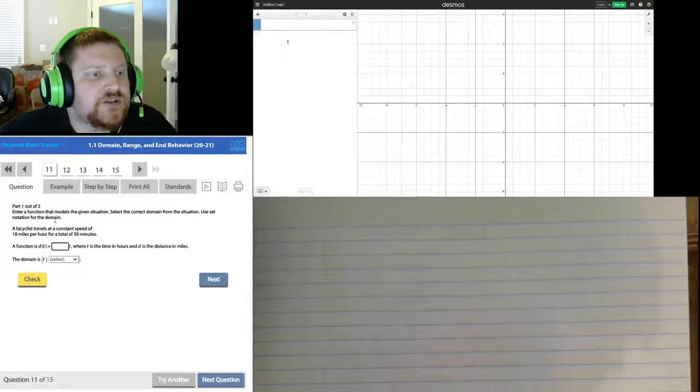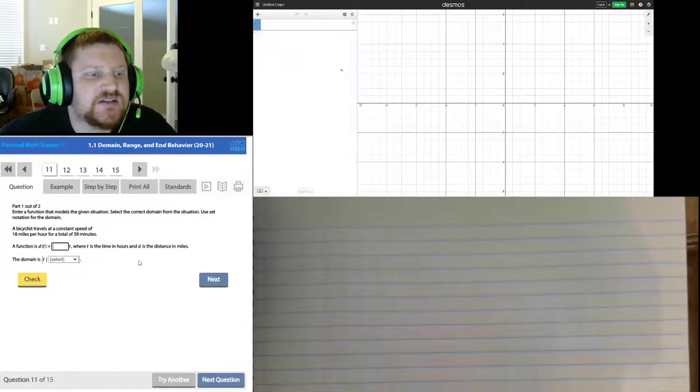Part 1 out of 2, enter a function that models the given situation. Select the correct domain from the situation. Use set notation for the domain. So, a bicyclist travels at a constant speed of 18 miles per hour for a total of 39 minutes. A function is distance with respect to time equals blank t, where t is the time in hours and d